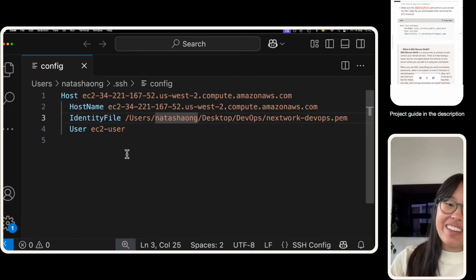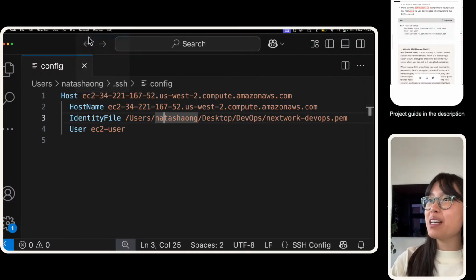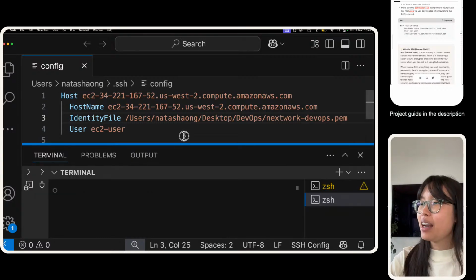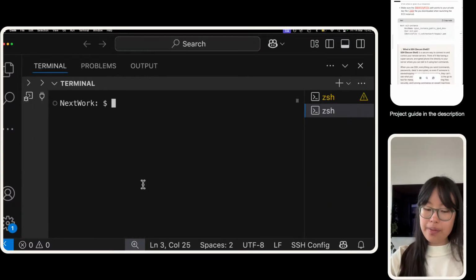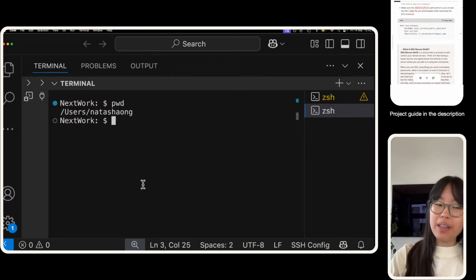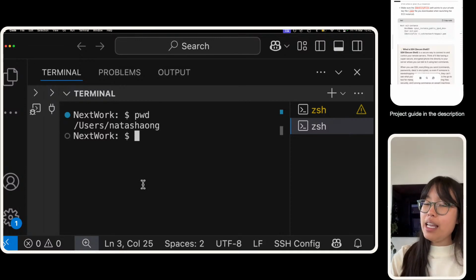When you're back in your VS Code window, open up a new terminal, and let's navigate our terminal. You can run print working directory, pwd, or dir if you're using Windows, and then navigate your terminal into your DevOps folder. So on Linux,